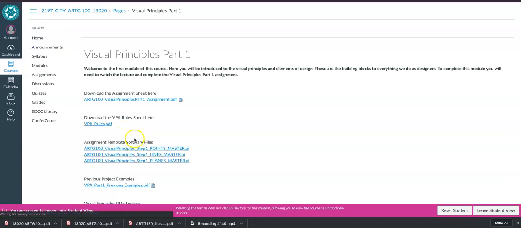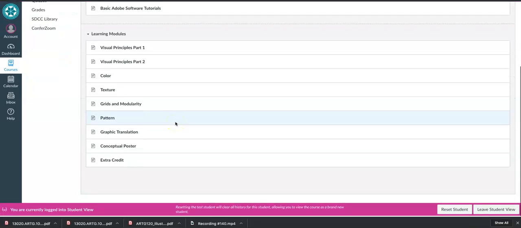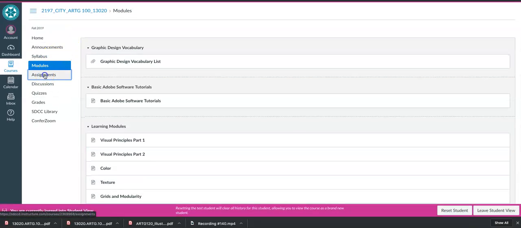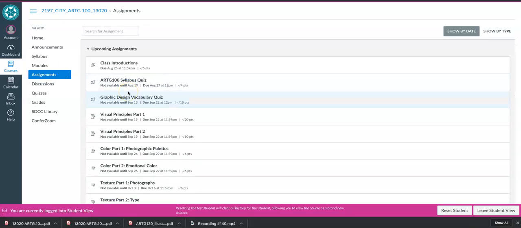So as you go through these projects, these are going to be what you're going to reference for these particular assignments. Let's see, back into modules here. Okay, let's go down into assignments. So the modules are where you will find the information for those particular assignments, and assignments is where you're going to turn them in. So for example, the first assignment is also a discussion. So you can either view these as the assignments coming in by their due date. So for example, August 25th, the class introduction is due. Even though that's a discussion, it's going to show it to you